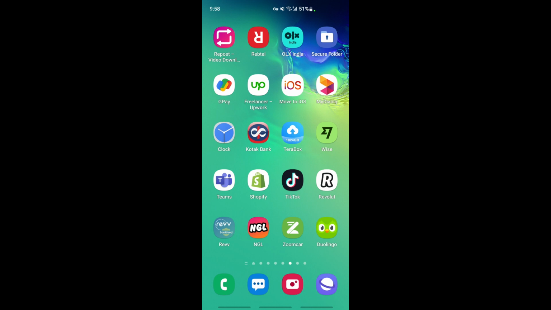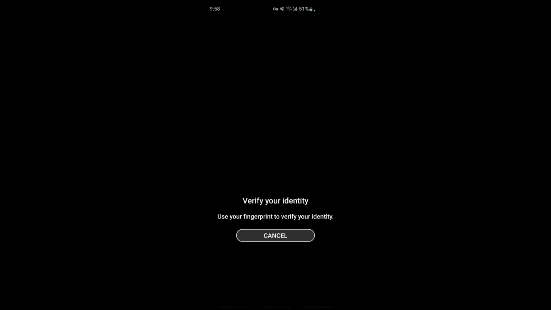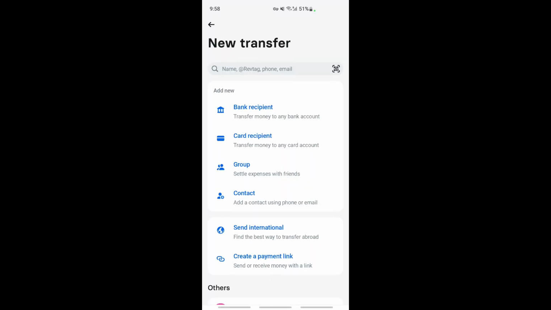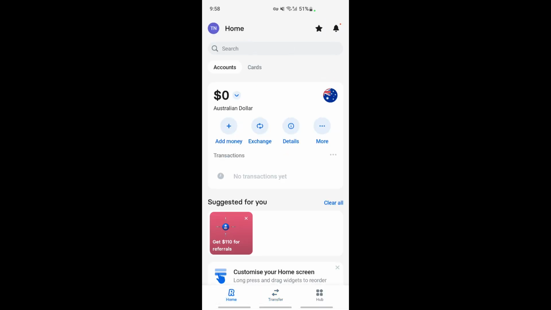So firstly, open up your Revolut application and then log into your account. So I'm going to just log into mine. So once I've logged into my account here, what you simply have to do if you want